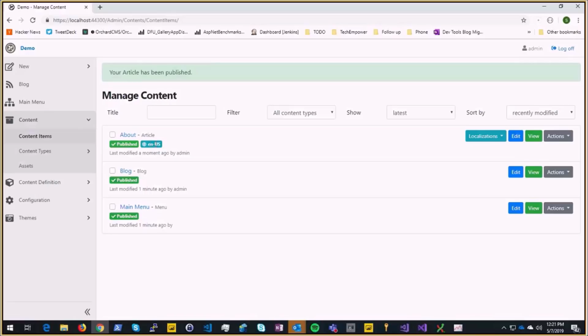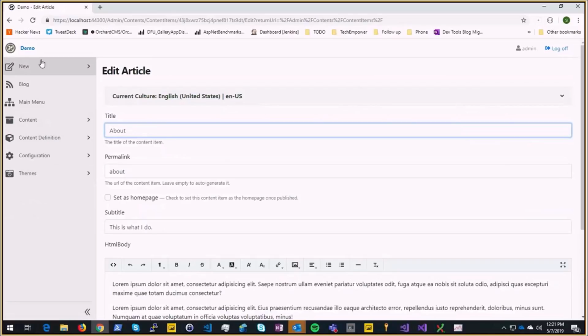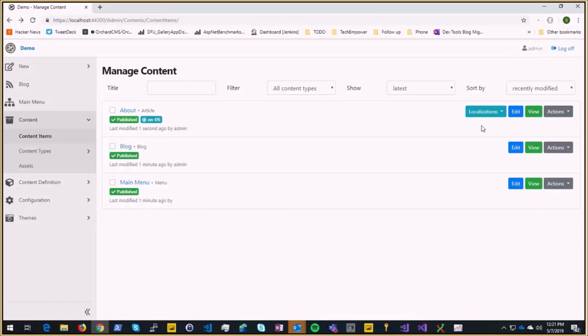forever, it's marked with en-US. Okay, now this thing has been saved for en-US and has a localization set. So it's part of a set of localized content items, content item versions. So if I click on that, first thing, Jean-Philippe made the changes we suggested last week, which is showing